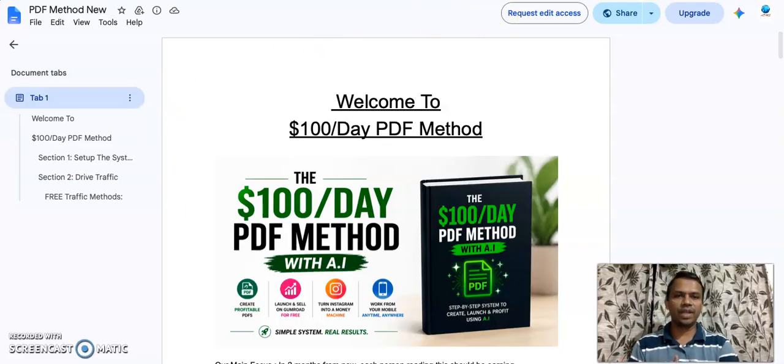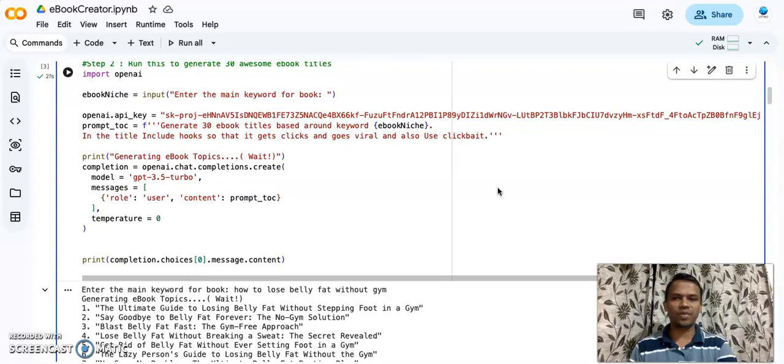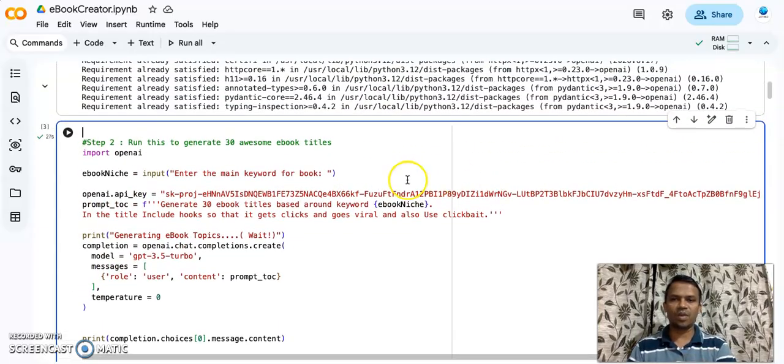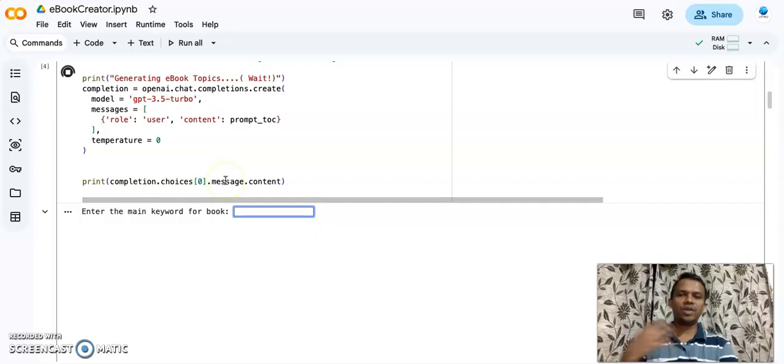In the training you will get the entire link. So this is the software, and it will help you crush the competition, not just to get to the top ranking and get traffic, it will help you crush the entire competition. I'm showing you how to do it. For example, let us see, if you want to generate ebooks around, say,